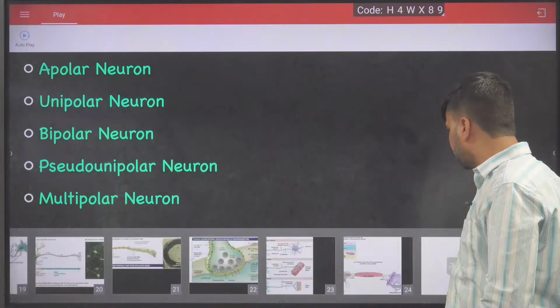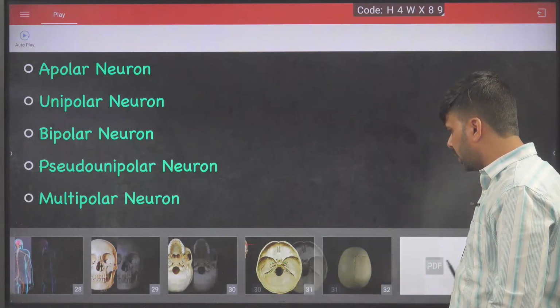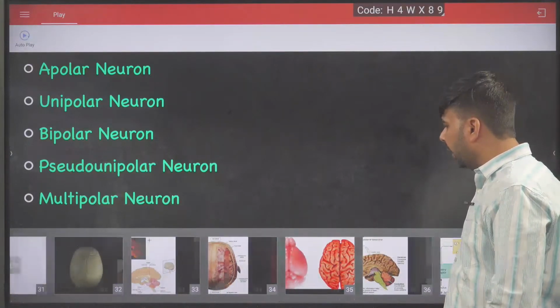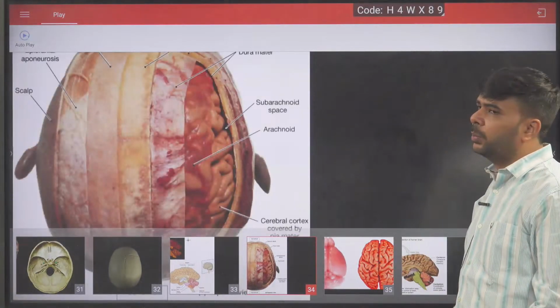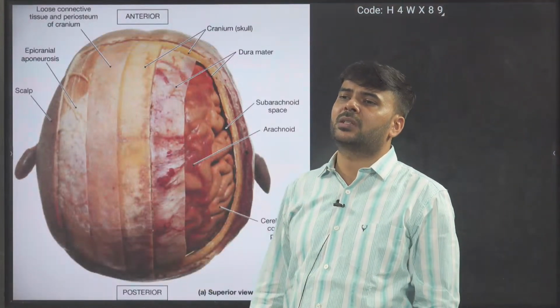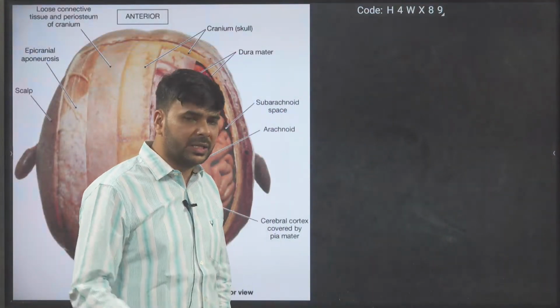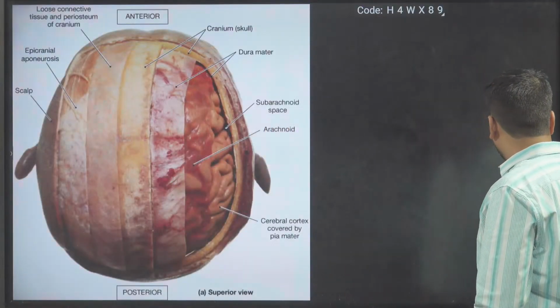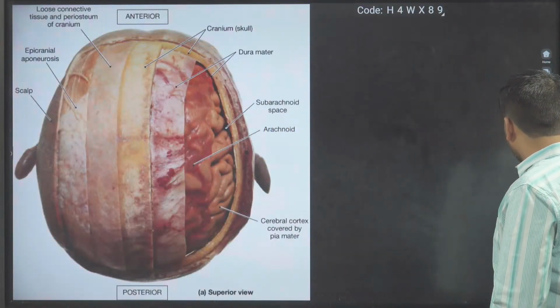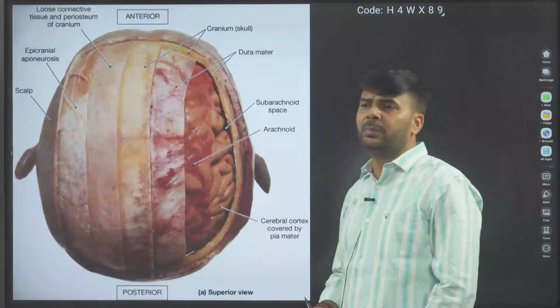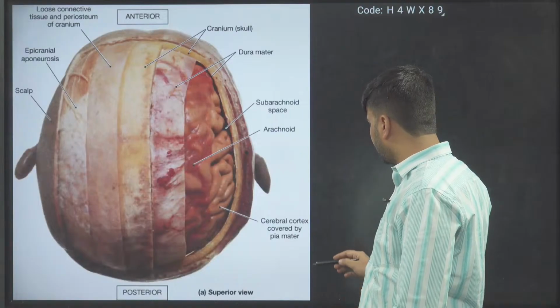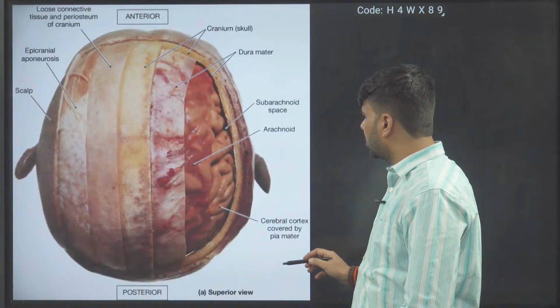Then I'll go to today's course. Last class, the brain and spinal cord position we discussed. Then brain layers we discussed, very important. Three brain coverings we discussed: the outer one is dura mater, then the middle one is arachnoid, then the innermost one is pia mater. So the outermost is dura mater, here you can see. Just 1 minute.